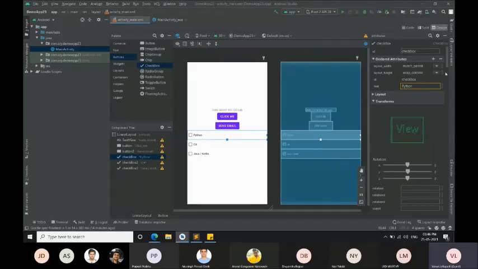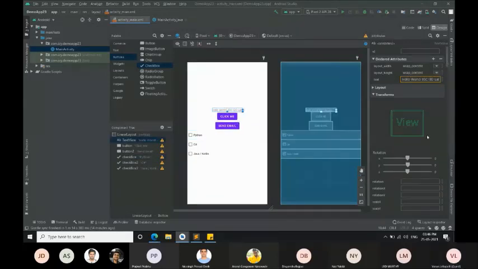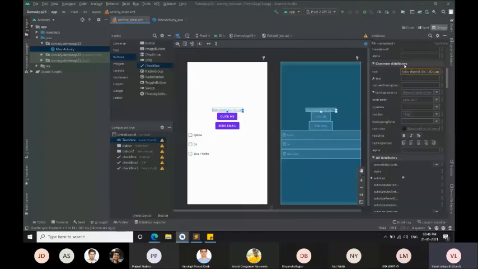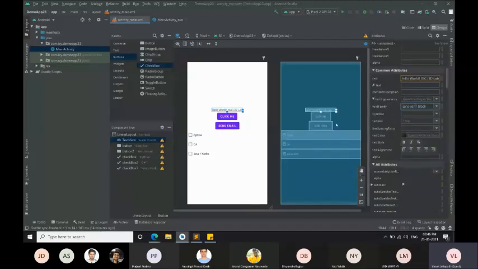You can find all the properties for them. Now coming to this particular text view, if I come down, it has a lot of properties. If you see here, this is the text, Hello world, IISc I3D lab. This is the text appearance. It is a font family, and we have a lot of fonts to use. Sans serif black. So I just changed it, and it's now a little bit more dark.